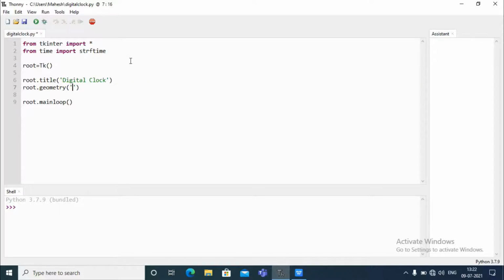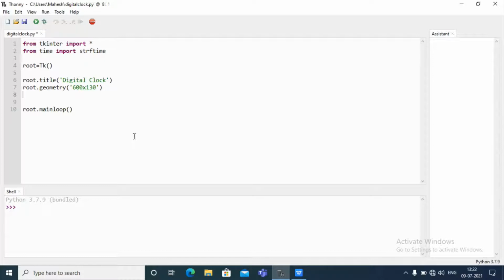Anything you can take, this is just for reference only. First save it and run it up to now. Simply a window will be generated with a title as Digital Clock, nothing more than that.